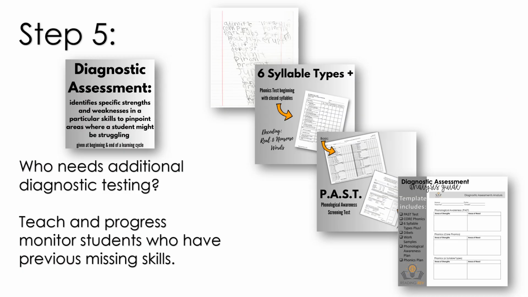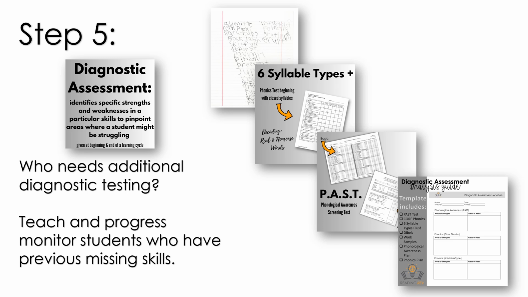However, what do I do with the students that I do notice are missing some of those prerequisite skills? What about those 4 students that did not have short vowels mastered? What about those 2 students that were not mastering consonant sounds? I want to do some additional digging, some additional diagnostic testing, to find out exactly what those students need. I'm not just going to leave them in the dust because the rest of the class is ready for